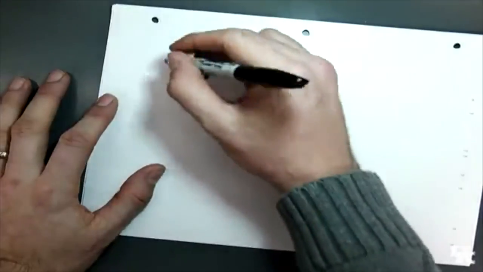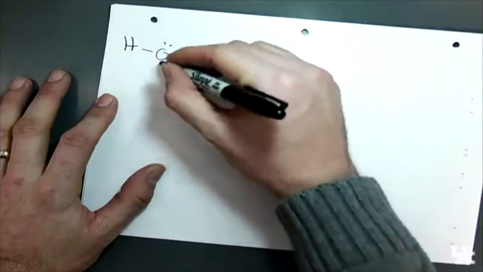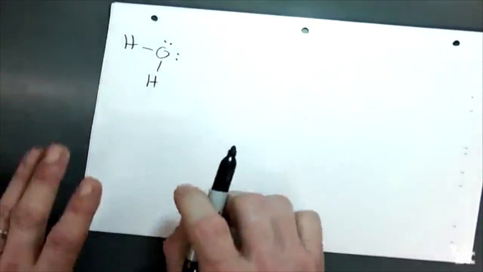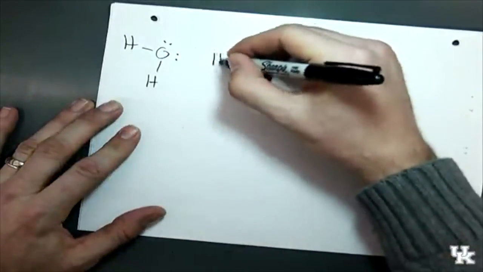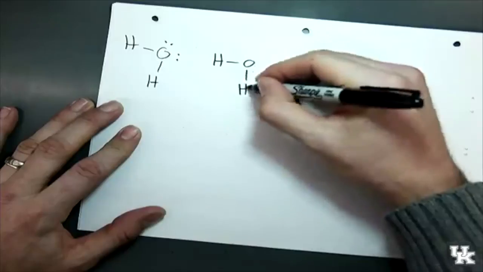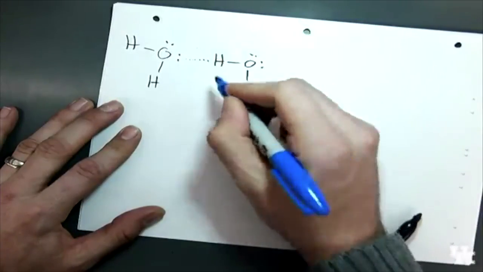Another one is perhaps one of the coolest, especially if you have an interest in biological chemistry. It's called hydrogen bonding, and it's a very special type of bonding that occurs, for instance, in water. So if we draw water with its two lone pairs and its two hydrogens, in solution, liquid water will preferentially orient itself so that it has lined up its hydrogens and the lone pairs to make these kind of electrostatic